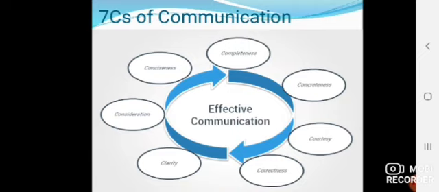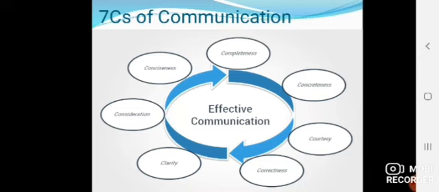Then consideration. Consideration means we have to consider the listener first on the basis of the intellectual capability, and on the basis of the knowledge of the listener. We need to restructure our messages so that the message is transmitted to the receiver successfully. So consideration is a factor, and in 7 C's of communication we have to focus on the you factor